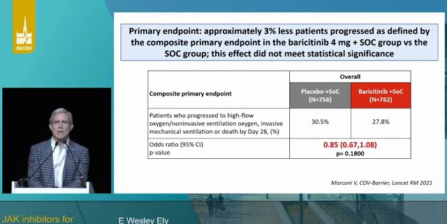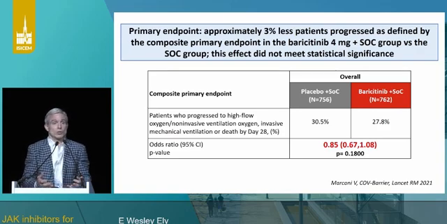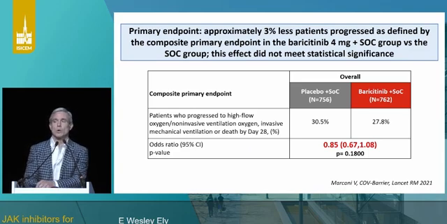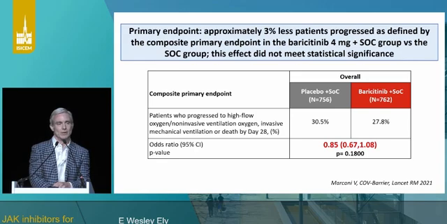And there are a lot of things that go into progression on ordinal scale. Arbitrariness on when do I intubate versus I keep somebody on a mask. When do I intubate versus continue high flow? And the other thing I think that may have been a reason why this ordinal scale didn't work for us in terms of outcomes, or why the drug wasn't shown, maybe it's just true, but it could also be that about a fourth of the patients progressed in their ordinal scale within 24 hours of getting on this medication, placebo versus bari. And that's a pretty short interval of time for a medication to make a difference.